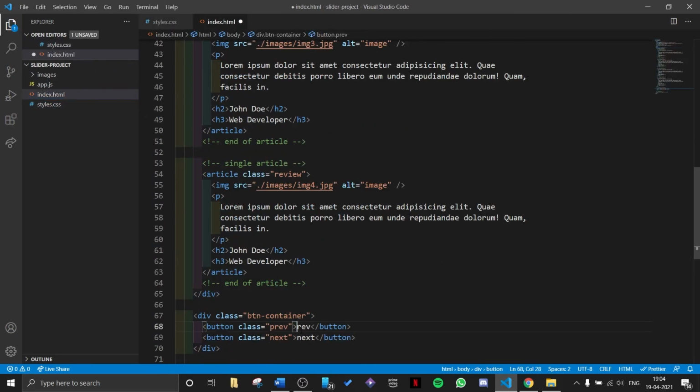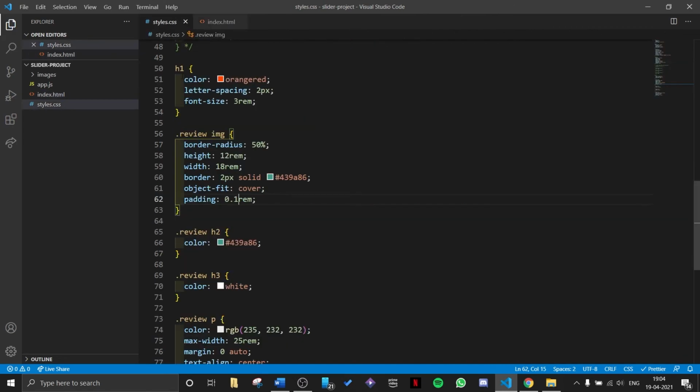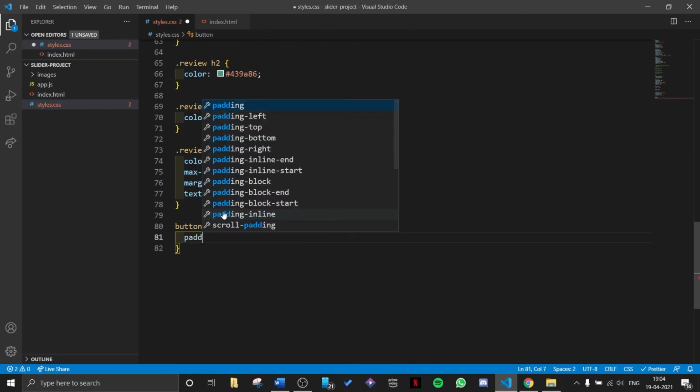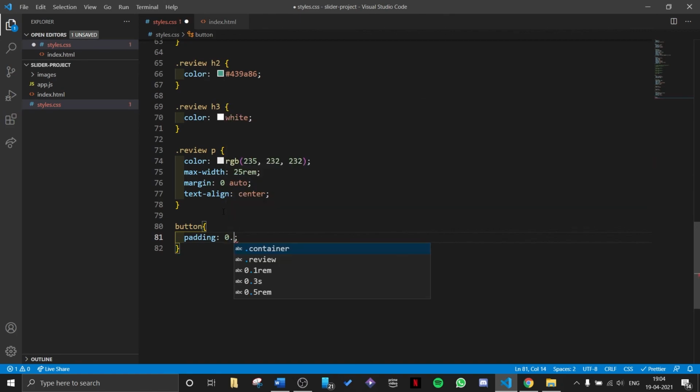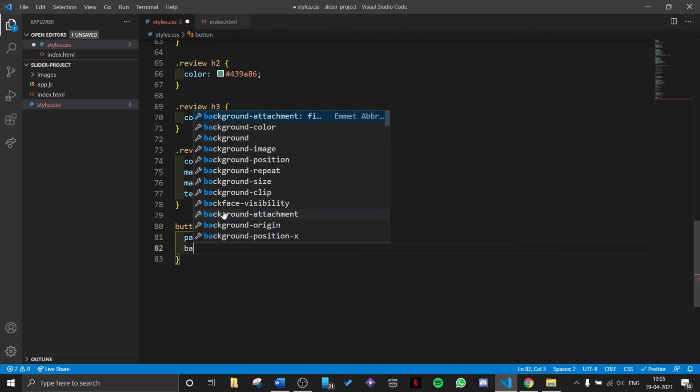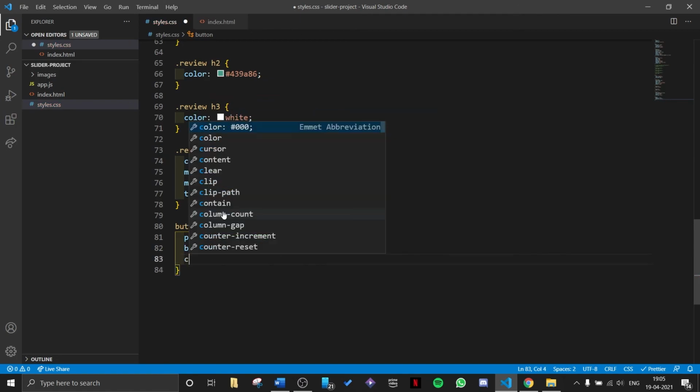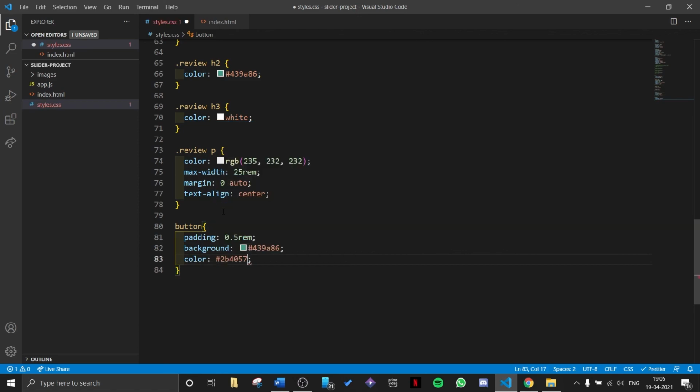I just need to capitalize this, and I guess previous and next work just fine. So let me just style them. I will target the button, give them a padding of 0.5 rem, background color of the green I used, and the color will be the blue I used.